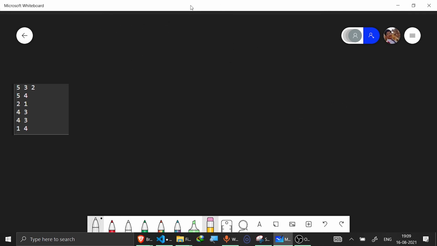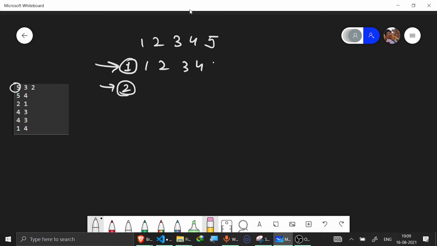Yes. So now there are 5 nodes as written here: 1, 2, 3, 4, 5. Now I would make two parent arrays. This is for graph 1, this is for graph 2. So initially every node's parent is itself only. And now it's saying that the first 3 edges are part of the first graph and the last 2 are part of the second.